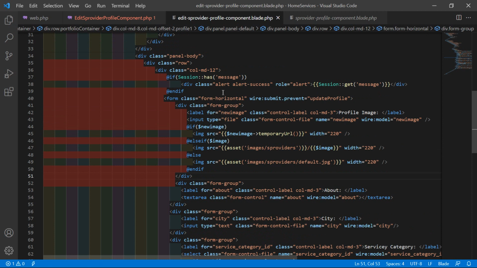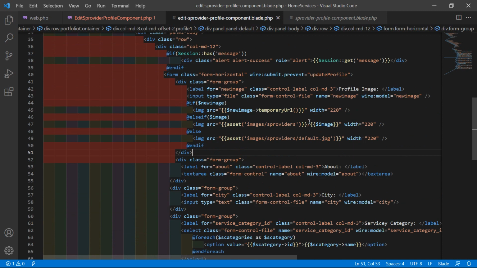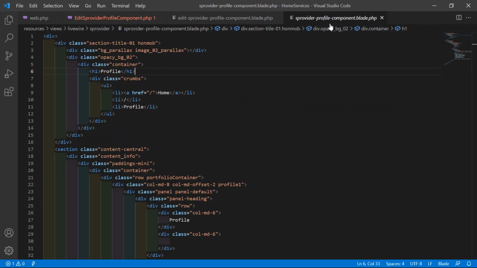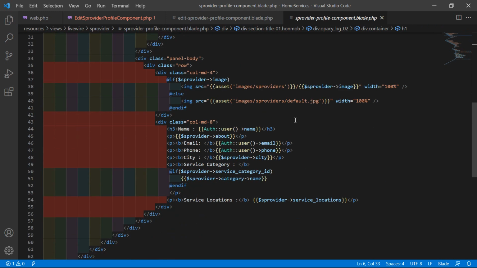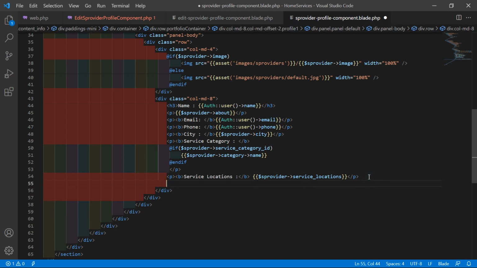Okay, now save this file. Now everything is done. So one more thing, go to the service provider component view file, and here let's add a link for editing the profile. After this, write here an anchor tag, href is equal to, add your double curly bracket, then route, and add here the route name, which is